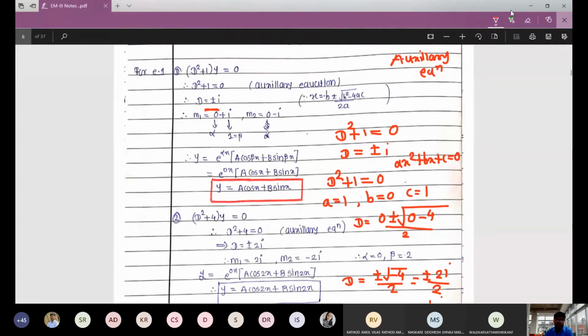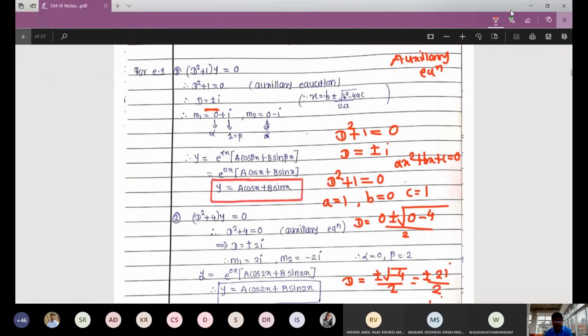As I told you, whenever you get a complex root, by default you are going to get its complex conjugate as a root. So here m1 is equal to, I just want to write real and imaginary parts, that's why I'm writing 0 plus i, or you can skip that step. So m1 is equal to 0 plus i, and by default you are getting minus i, that is the complex conjugate, 0 minus i. You have to consider only this part. Do not think about the complex conjugate.